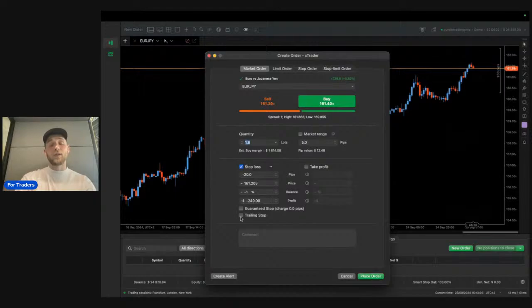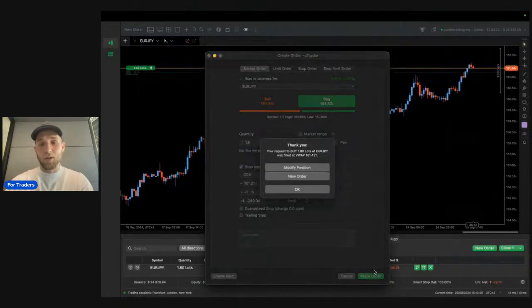Also here you can click on trailing stop loss if you want to use trailing stop loss. I personally don't use it, but some people might like it. And you can go to place order. Okay,